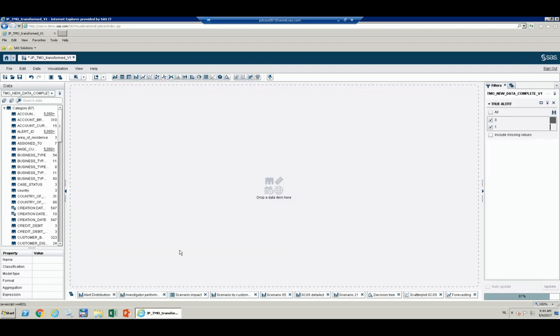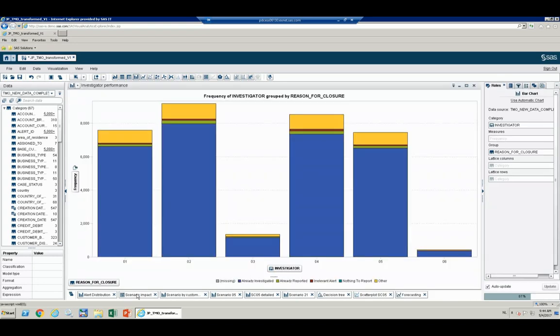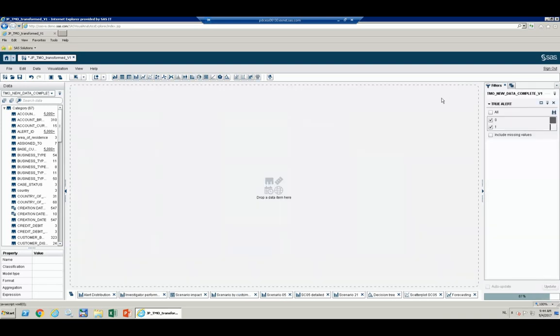Before diving deeper into the scenario analysis, you can also conduct analysis on your investigators. And here we see a bar chart where each bar corresponds to an individual investigator and a color indication to represent how many times an investigator chooses a specific reason for closure after investigating that alert. A possible interpretation could be that investigators 3 and 6 are newly hired, which explains their lower overall number of investigated alerts. Remember that this is just one possible interpretation and that it all depends on the context of your